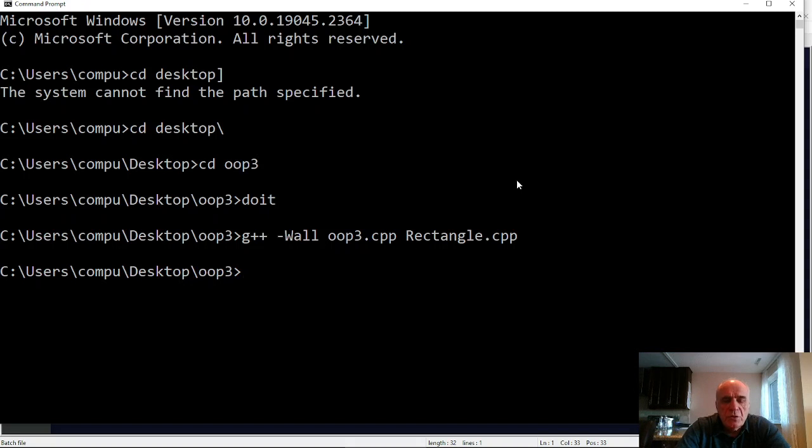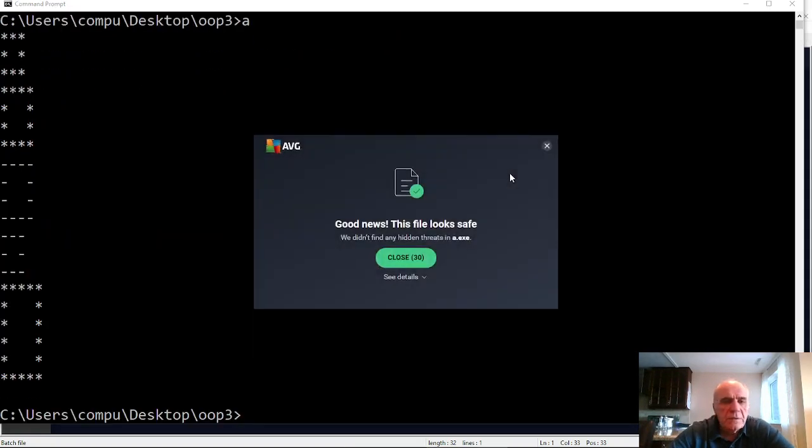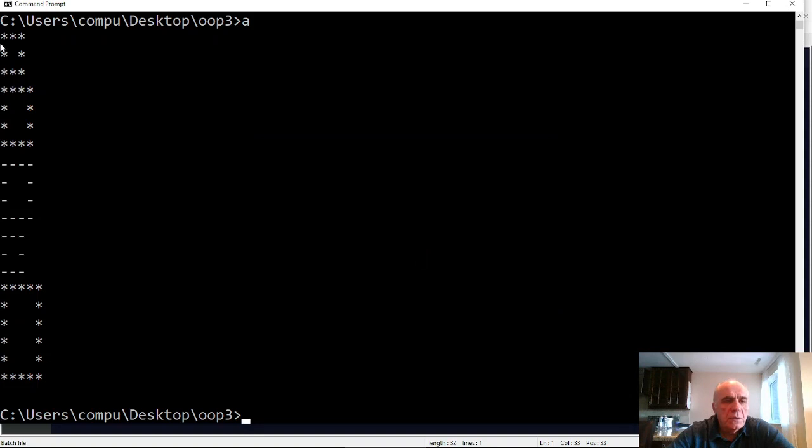No error messages. I can call the executable. Let's wait what happens. And here we are. This first rectangle was created with the default constructor. Second rectangle was created with the,